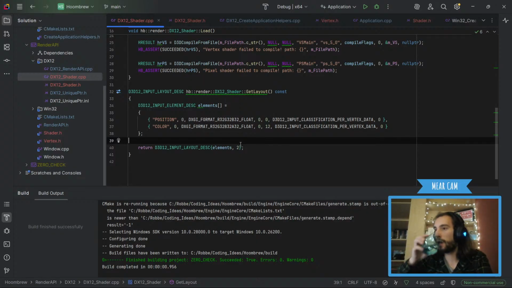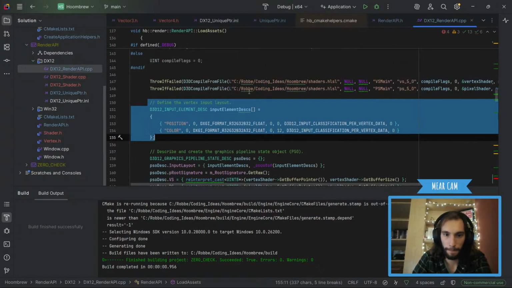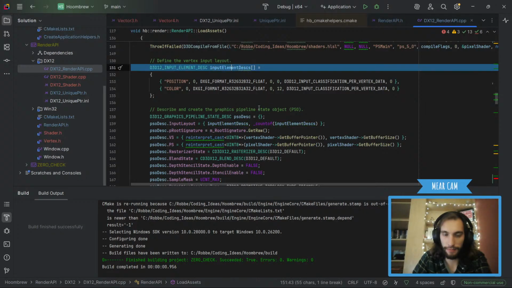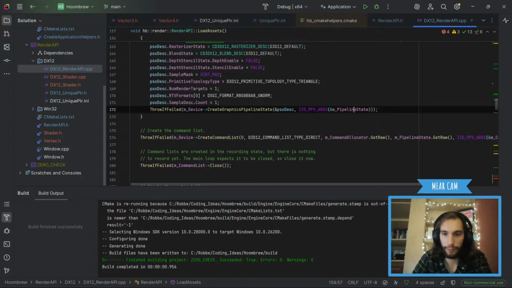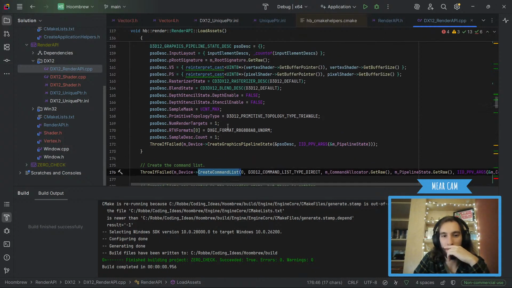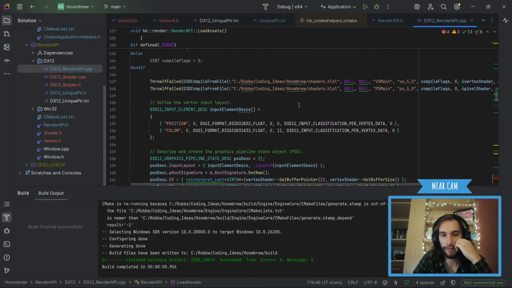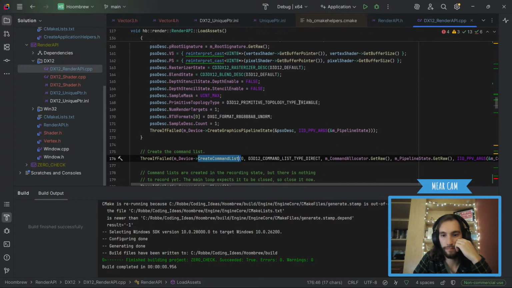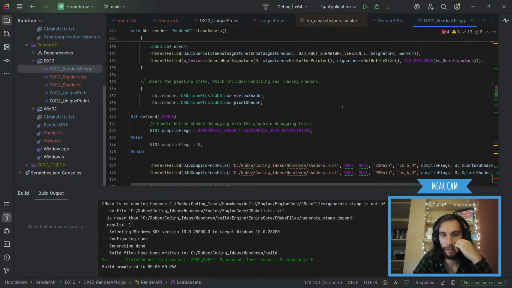I'm not sure. Let's check the code before again. So it is defined, and then we just pass it along here. And we already created here. And create a command list after it as well. So I'm not sure if we... I'm thinking here. Hold on a second.